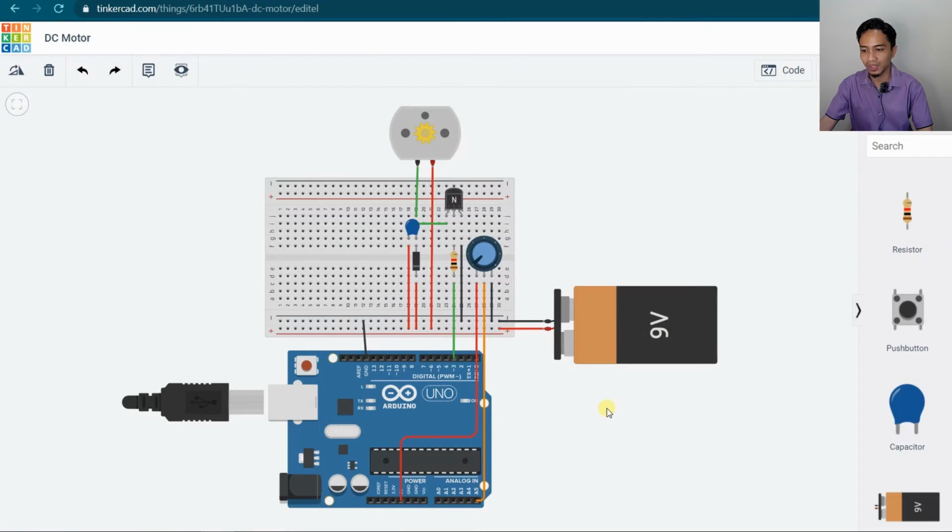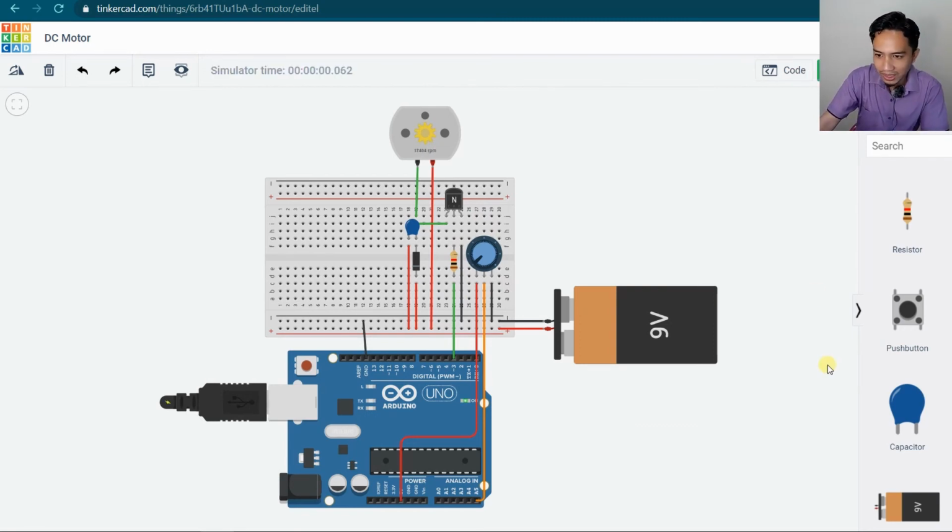challenge here. If you have hardware, as usual, just connect according to this circuit if you want, or you can also follow the Pro Tools and then connect the hardware on your breadboard like this, and then you can try to rerun this circuit on the hardware and just adjust the potentiometer here. As you can see, the value is reducing, the RPM value is reducing until it dead stops. Yeah, so basically this is how you control the